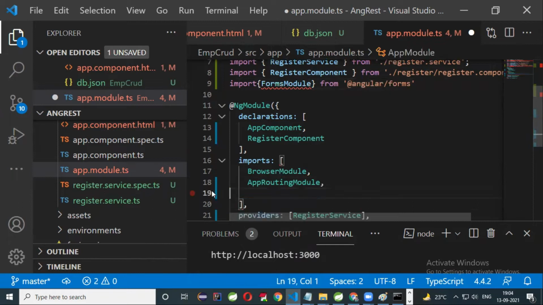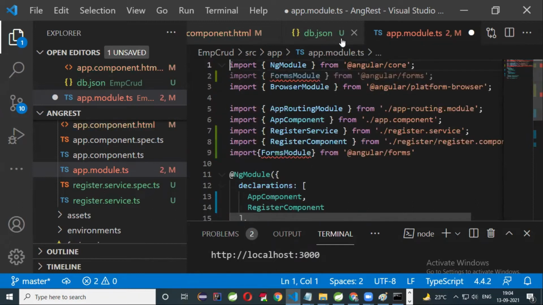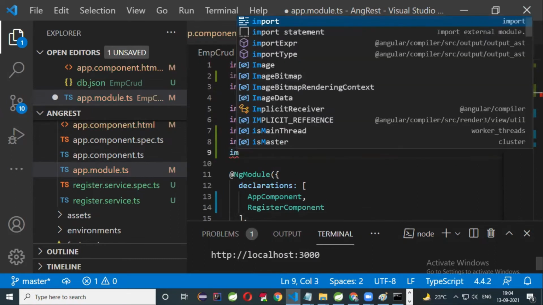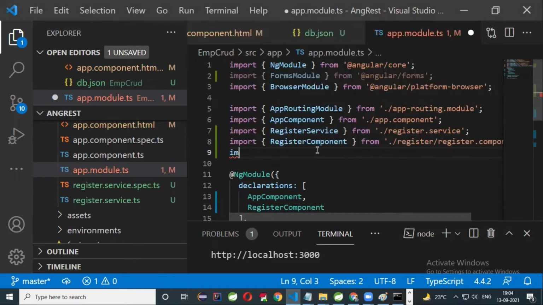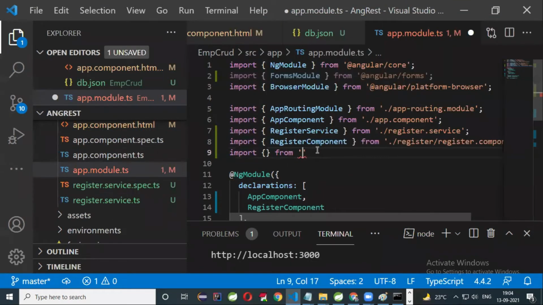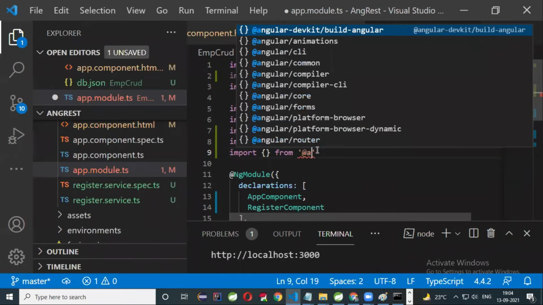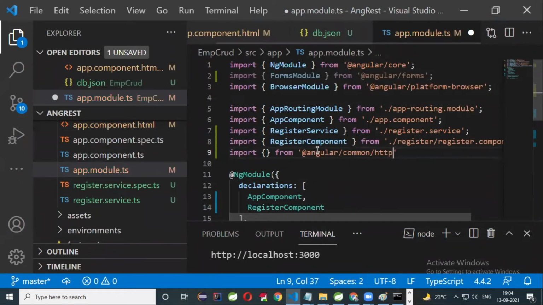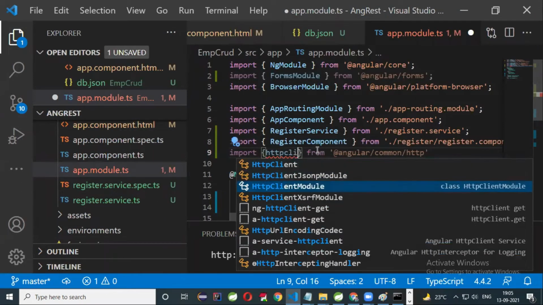One more module is HttpClientModule. Sorry, the forms module is already there, no need to write it again. And here you can import HttpClientModule. No shortcut, you have to write import from '@angular/common/http', and here you have to import HttpClientModule.